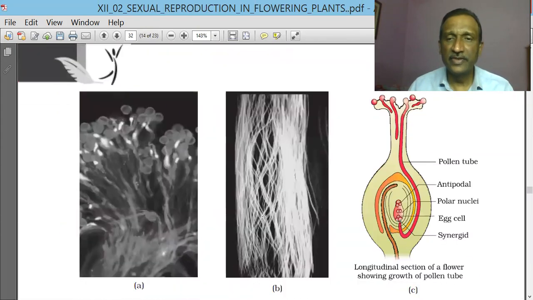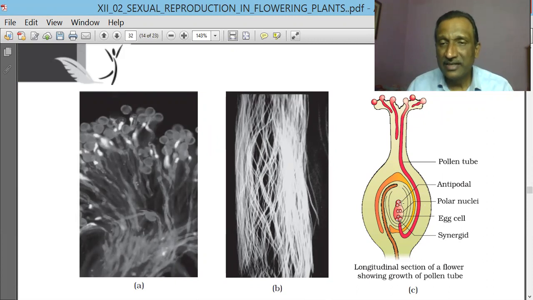Let us see where it is. Here you can see the parts of the pistil, that is the stigma and the style. This is the style, and this is the ovary, and inside the ovary there is an ovule. This is the ovule, and the enclosed structure inside is called the ovisac. Micropyle is that part through which the pollen tube enters. Here you can see this pink colored pollen tube entering through this end, so that end is called the micropylar end, and the end opposite to it is called the chalazal end.